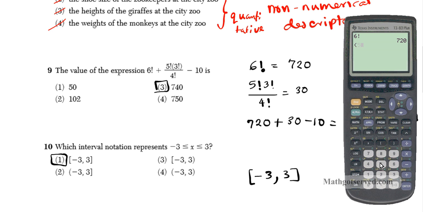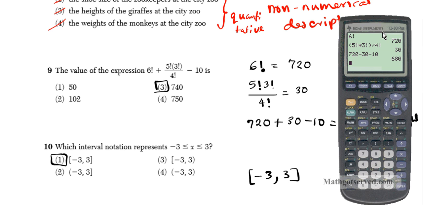Parenthesis 5, math probability 4 gives me a factorial, times 3, math probability 4, that gives me factorial again, divided by 4 factorial, math probability 4. Enter, you get 30. Now to finish it up, we're just going to do 720, which represents 6 factorial, minus 30, which represents 5 factorial times 3 factorial over 4 factorial, minus 10, and the final answer is 600, and, wait a minute, let me